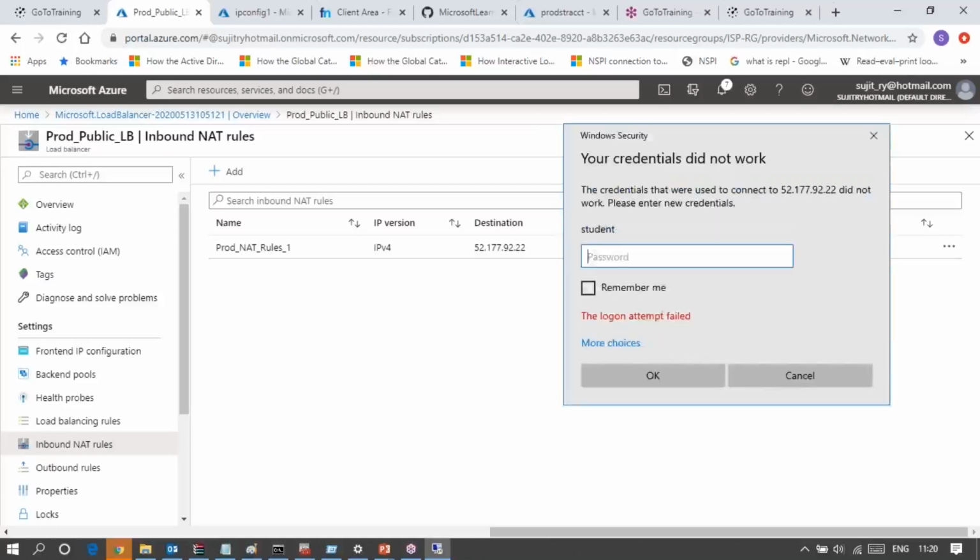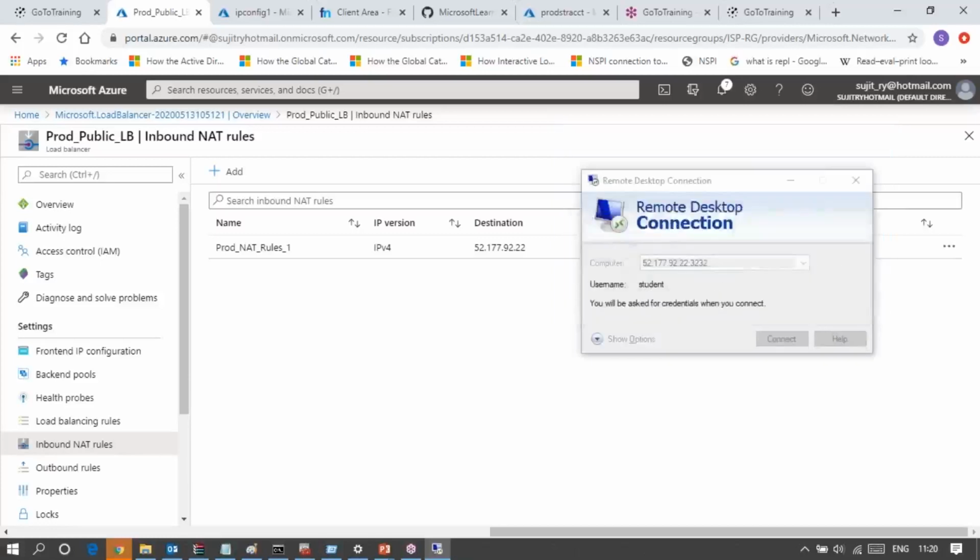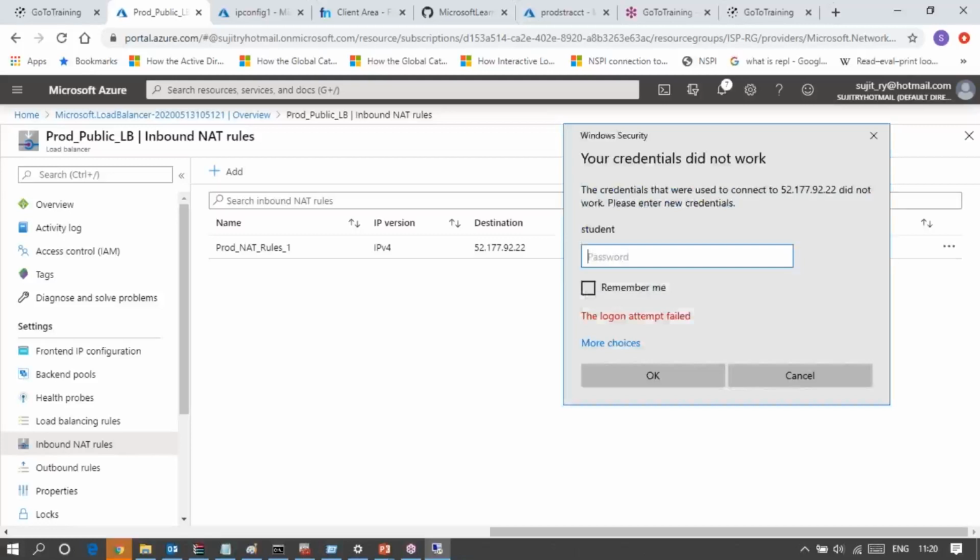That is the student credential that was used to connect. Password is password.